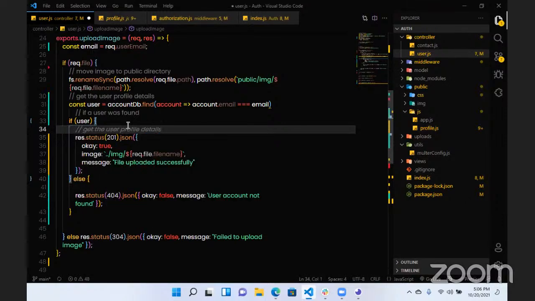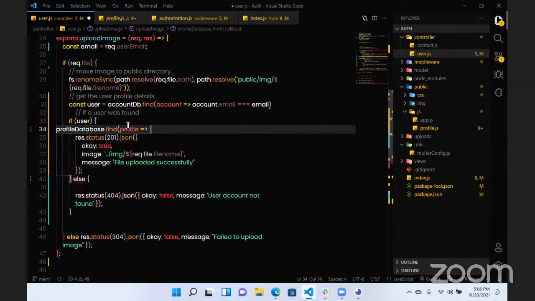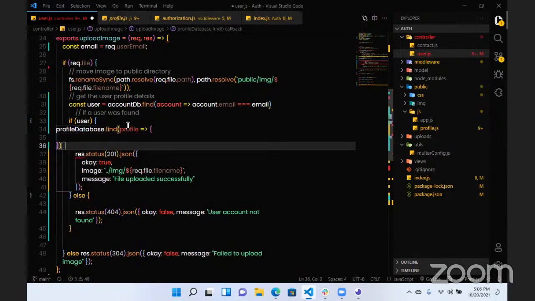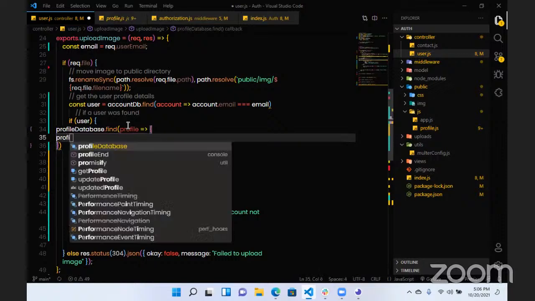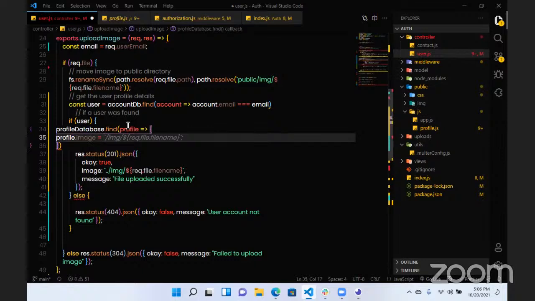So here I can say, okay, if we find the user, we need to get the user from the database. So we need to get the user profile from the database. So we say profile dot image equal to,